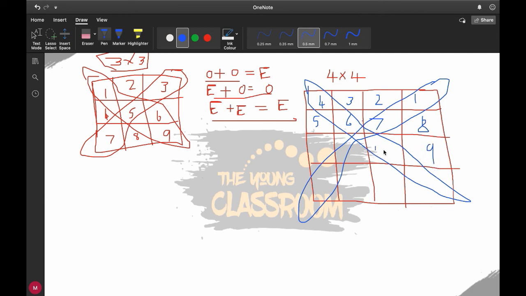If I keep here 9, 10, we are making kind of a spiral matrix if you realize this. 12, 13, 14, 15, and 16. So see, now we have all the conditions satisfied.